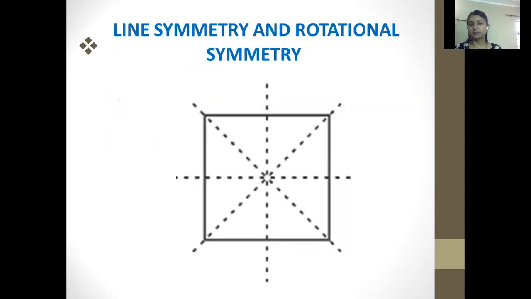Yes, we can see from here also. They have given the diagram for rotational symmetry, also for line of symmetry. In the previous class only, we have done line of symmetry. We are doing a comparison now. This is how we can draw lines of symmetry from the center, then center towards horizontal and vertical, also from diagonals. So we can see that it is making line of symmetry, also rotational symmetry.